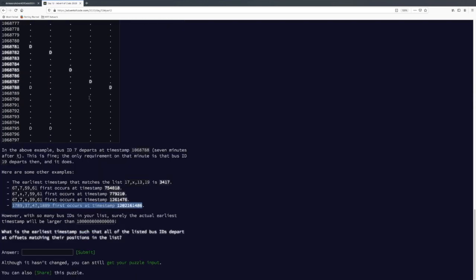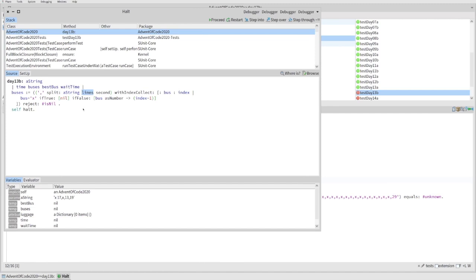It's an interesting challenge, because if we just iterate through trying to find a time that works, I presume it's going to take way too long. We could try that, I suppose, just to see, but I'm thinking it's not going to work. So what we want to do probably is try,